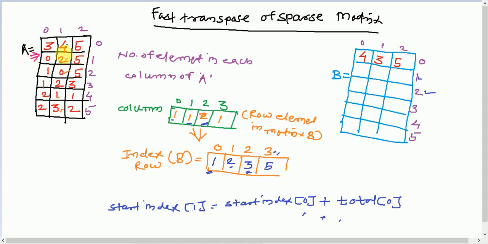First of all, we read its column number 2, because this is going to be a row in matrix B. So here the value 2 is there. We will find the start index for 2. So the start index for 2 is 3. So at the third index, that is this index, we are putting this value. So we will put here: 2 is now the column, this will become the row here, 0 is the row number, will be the column number here, and the value is 5. So we'll put here 5. Next we'll increment k. So k will point to 1.